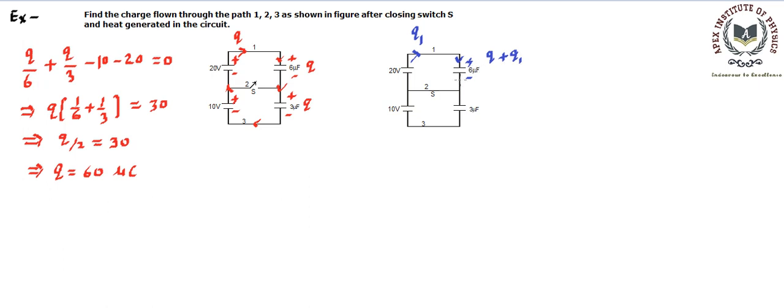Now this Q1 charge will be crossing over here, where there is a junction. In the junction some charge might be moving in this way, some charge might be moving in this way. Now we can think of Q2 charge having flown through the second path, and the charge that is going over here is Q3. If Q3 charge goes on this, again this will be the plus plate, this will be the minus plate. Earlier it had a charge Q, so now this capacitor will have a charge Q plus Q3.